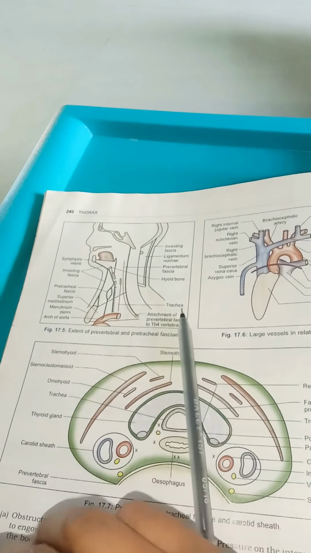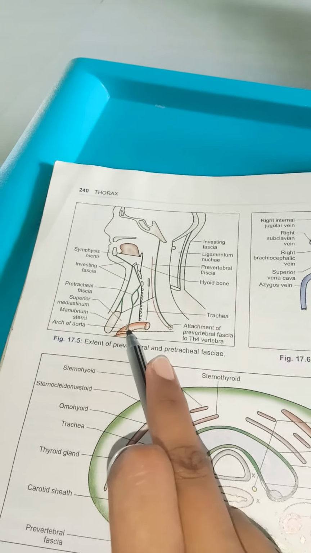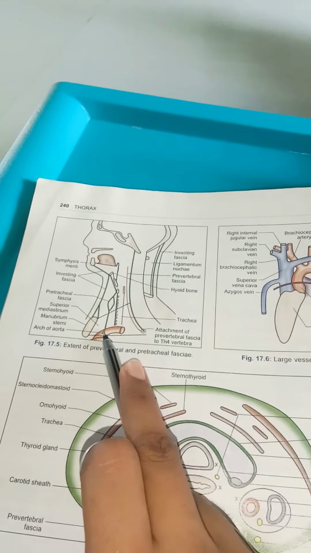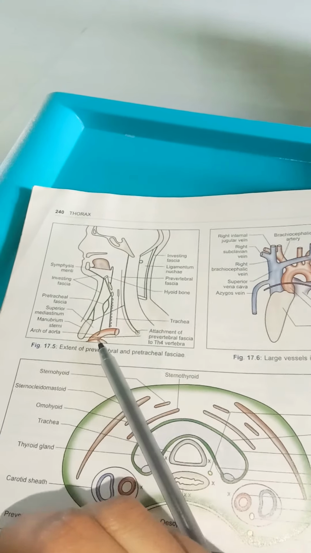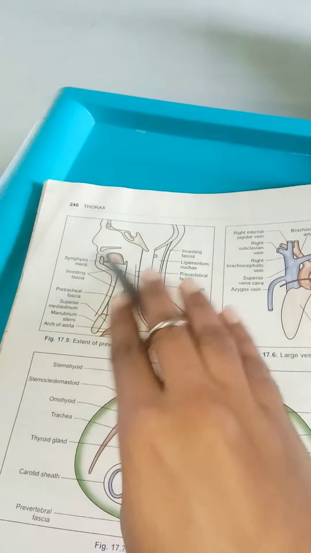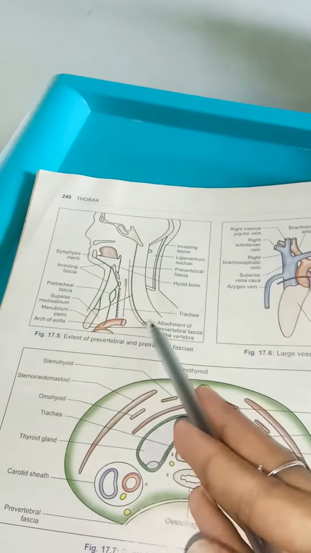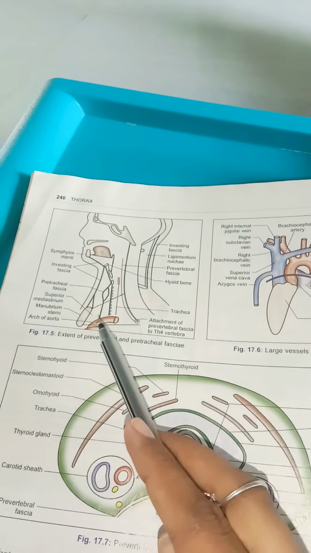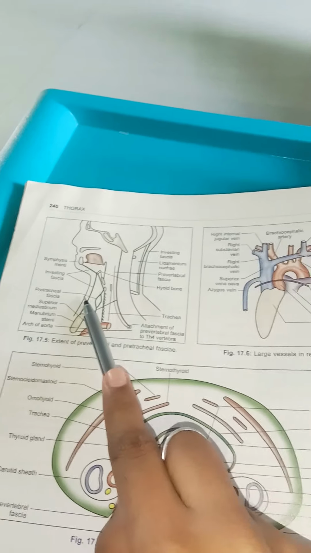So actually what they are saying is that this pretracheal fascia will move from the superior mediastinum later into the posterior mediastinum. So if there is any inflammation in these layers, it will result from an infection in the neck. Any infection in the neck may also reflect to the superior mediastinum and also the posterior mediastinum. So that is the thing we need to remember by means of the prevertebral fascia and pretracheal fascia.